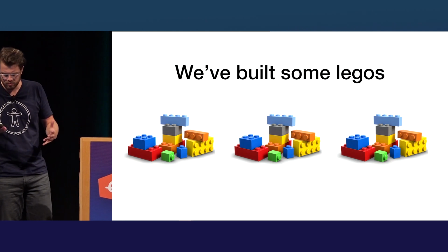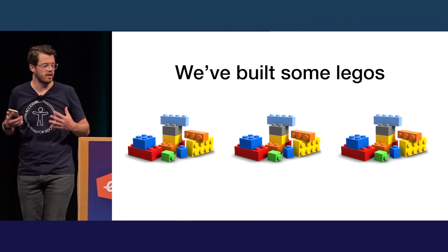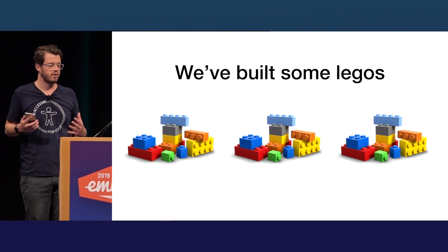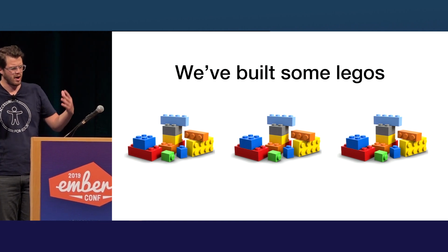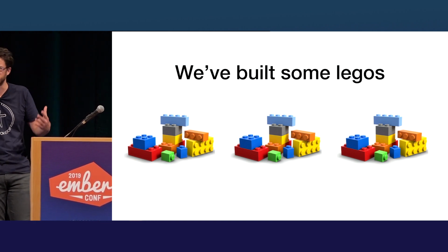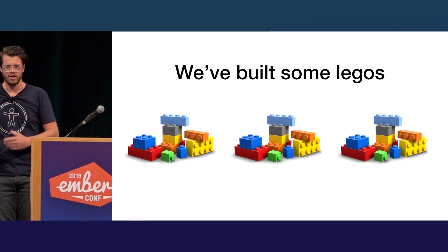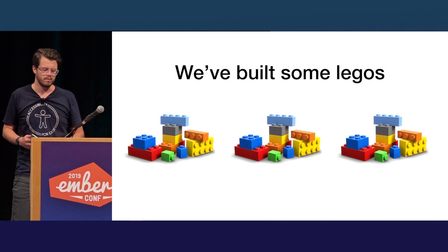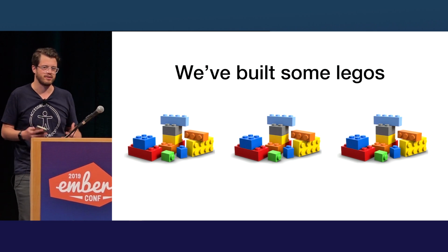So we built some Legos, and they're tested, and they're reusable, and I think Ember is just such a powerful framework that allows us to do this so quickly and easily. And I just want to emphasize how awesome that part is, and it is fun, like Tom was saying. It's fun, it's just easy, and you can throw it together so quickly. And it really just makes me think I'm building this little collection of Legos, and I love that because I